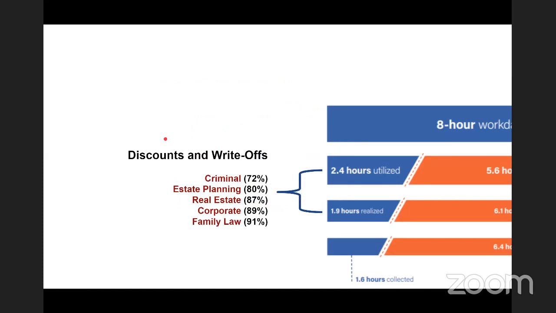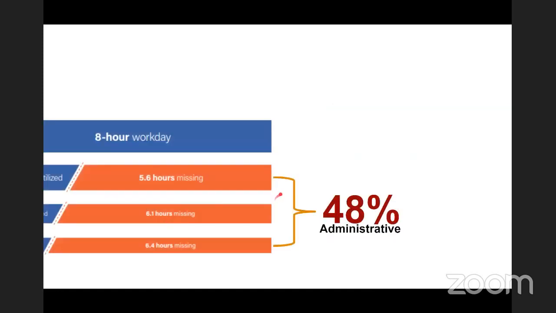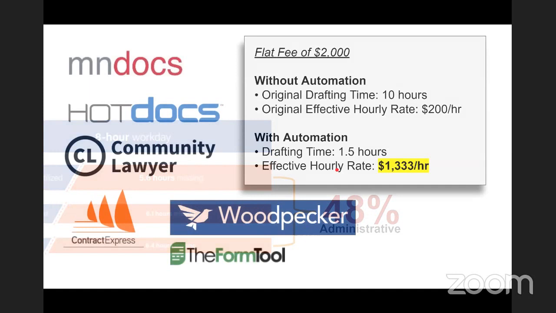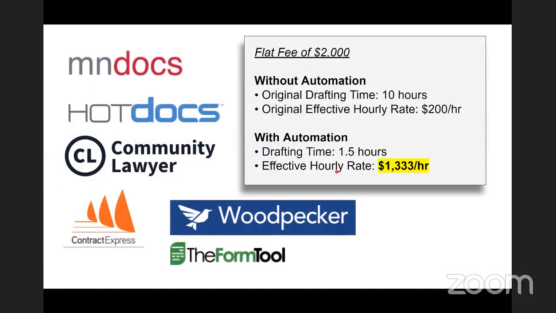I'm going to cruise through, in the interest of time, a couple of these slides. Just to note that the write-offs vary. The Clio Legal Trends report did a nice job of measuring the utilization rates for various practice areas. It's worth a look, I think. And then from their survey, as I say, they determined that about 50% of that so-called missing 6 is dedicated to administrative work. So I think, and again, just to return to that idea, how are you spending that administrative time? And here I like to mention